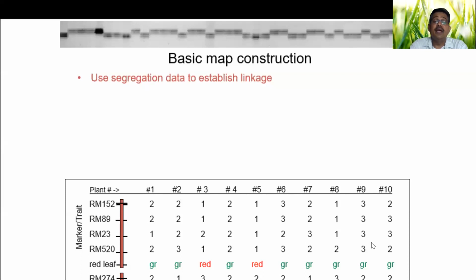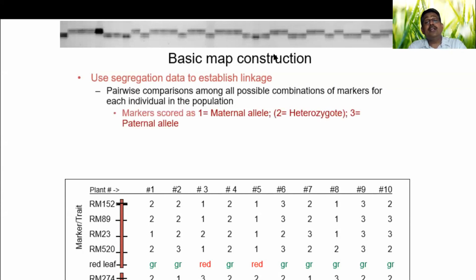So you can get a recombinant. Like that, every marker is screened in a set of population, 10 progenies, to find out whether any recombination happens between two markers. If there is no recombination, it means these two markers are very closely located. But if this marker has a recombination with that one, it will be far away from it. This way people do pairwise comparison among all possible markers in the population: marker 1 and 2, marker 1 and 3, marker 1 and 4, every possible combination, and you find the recombination. Then you can estimate the recombination percentage.